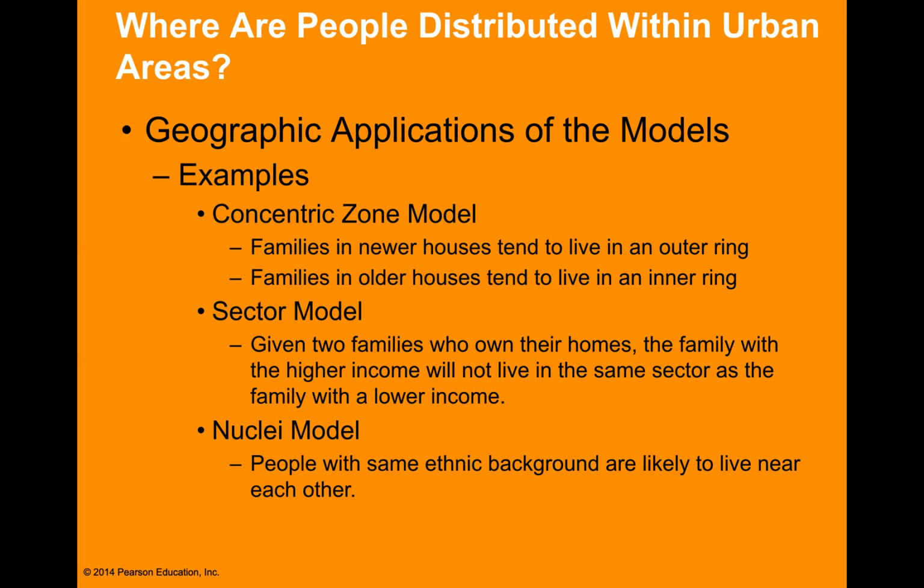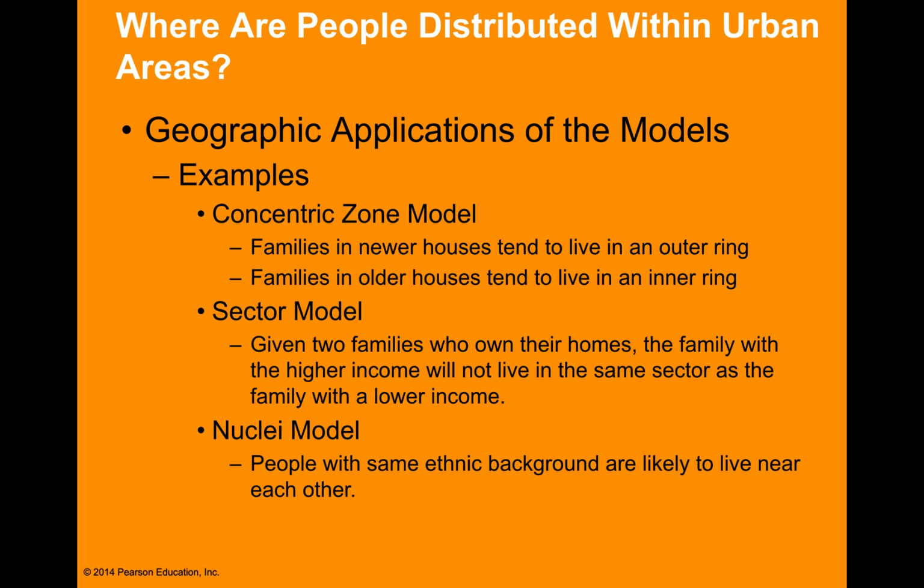The newer houses tend to be outside that belt line, the urban belt line. And newer houses tend to be larger and occupy more land. When we move inside that belt line in most urban areas today, we can see older houses, smaller houses, houses closer together. Sector model, we can see where families,